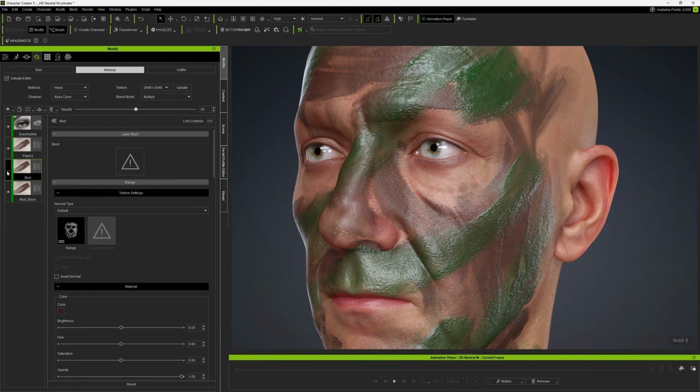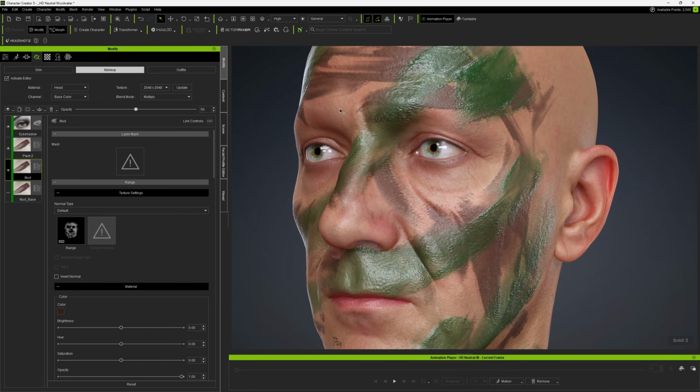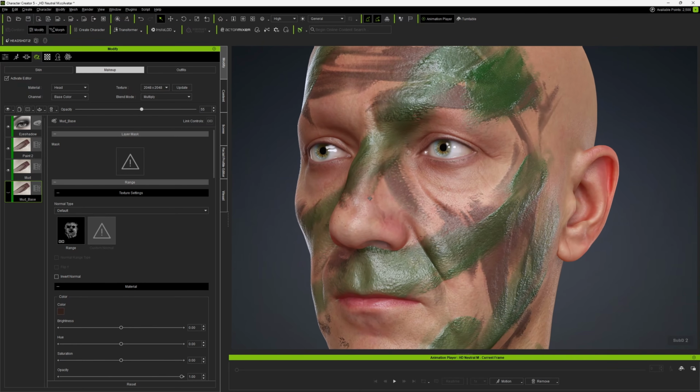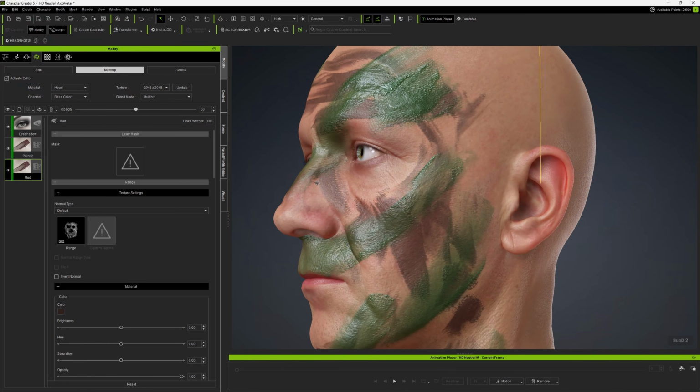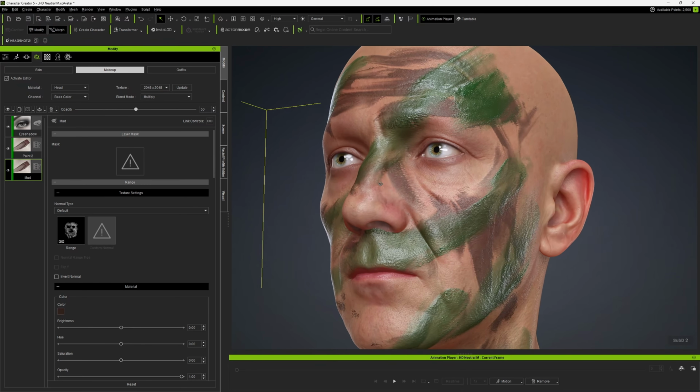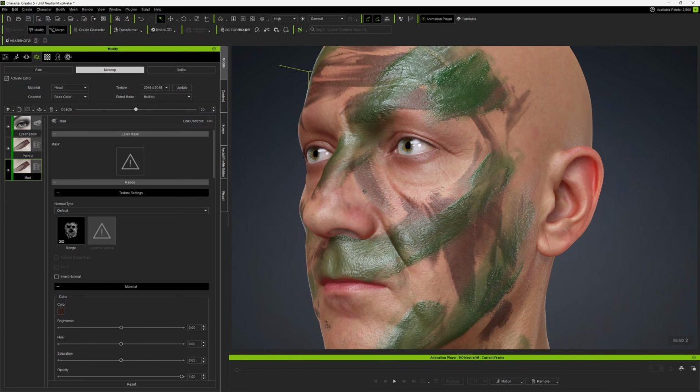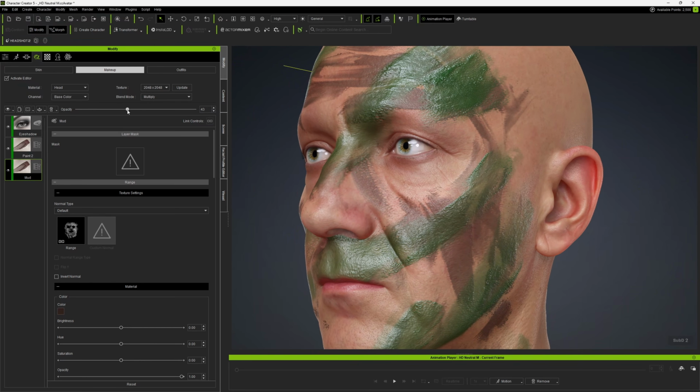This is mud. Yeah, I think this one. Let's check also the other one. Yeah, this is the other outer layer, mud base. So let's actually remove this mud base and keep mud only, because it seems like this is a bit cleaner. Also maybe we can play around with the opacity, and